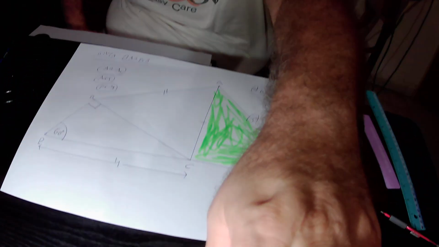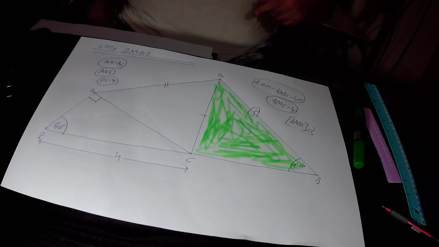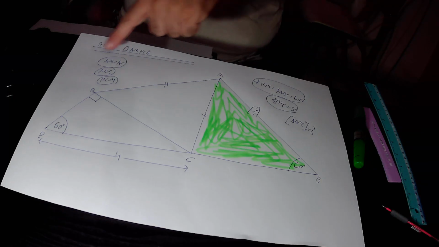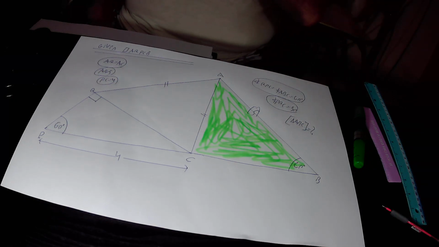And now in this lecture, we'll find out the area of the green triangle, triangle ABC. In the drawing, we have quadrilateral ABPC. This is the quadrilateral. We know that